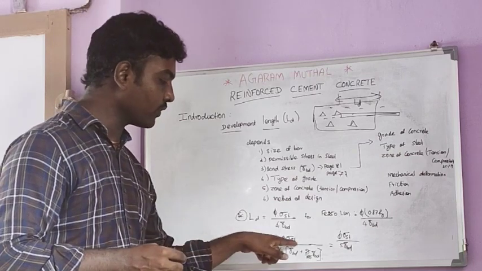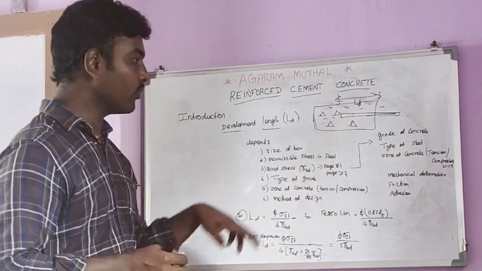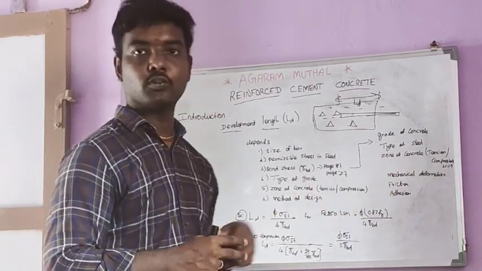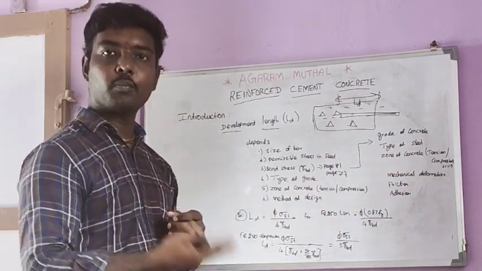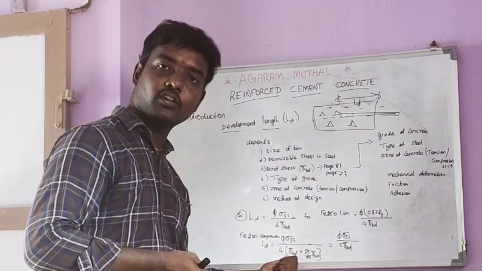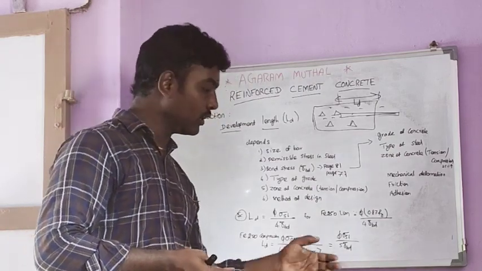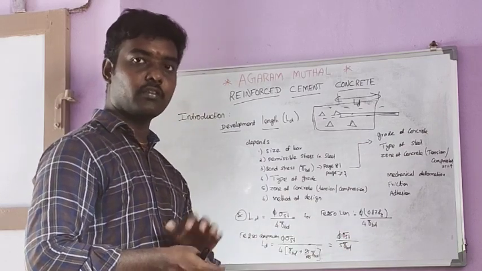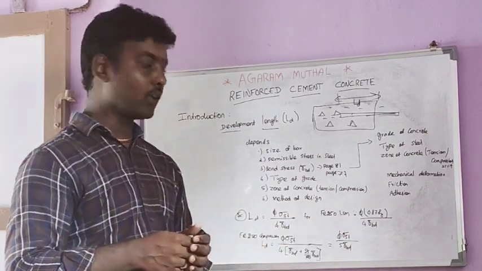So 5 into sigma st, 4 into... and we have already seen that if the zone of concrete is provided at the compression zone, the bond strength becomes 25% higher. So normal bond strength plus 25% higher, our expression becomes phi into sigma st divided by phi into tau